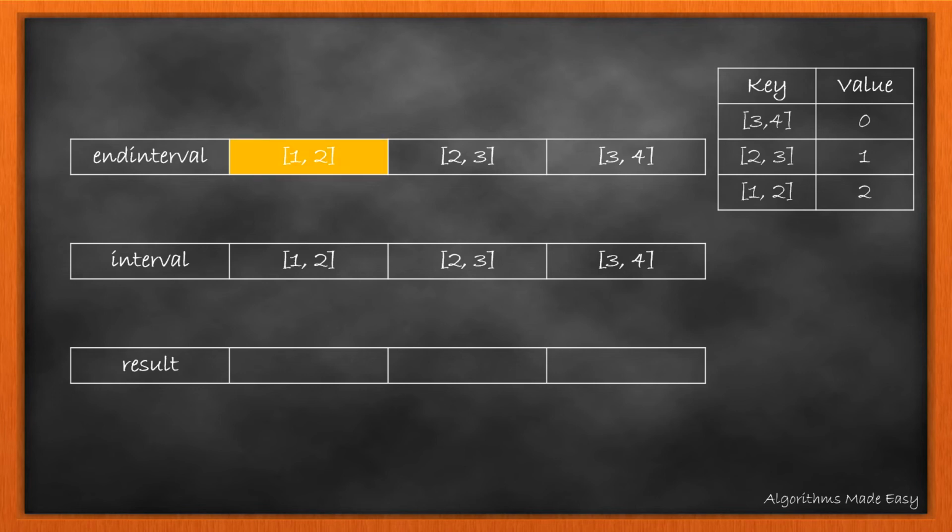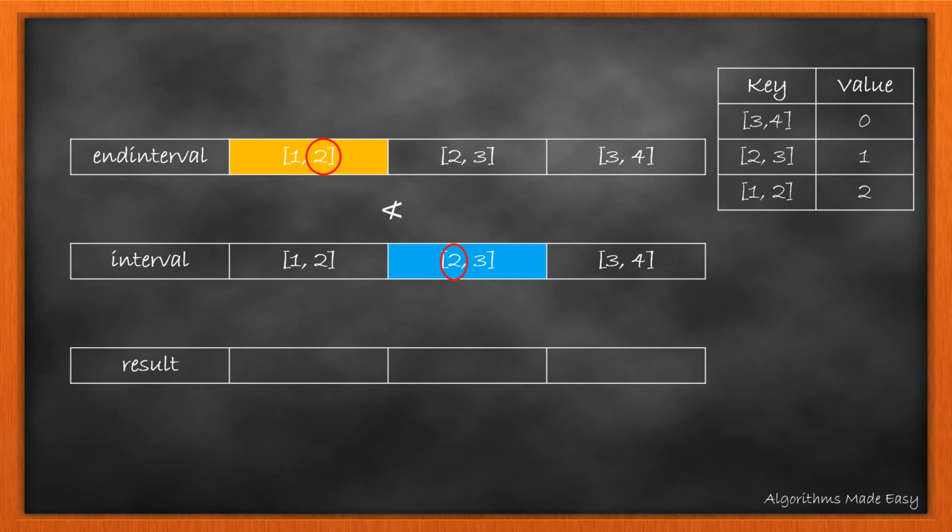We start looping on end interval. We will have a pointer on the interval array too. Now for the current interval in the end interval array, we need to find an interval in the initial array whose start value is greater than AND value of the current. It might be a little complex, but bear with me. We will check the first value in the interval, and as end value 2 is greater than 1, we move ahead. Now here the values are equal, so we come out of the loop as we know this interval is the answer to the current interval in question.